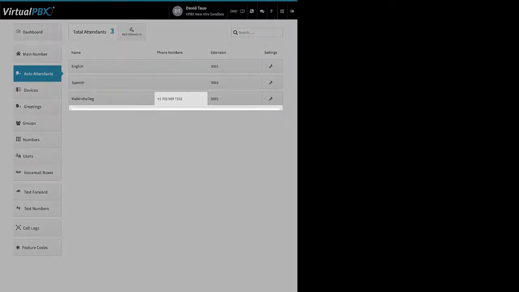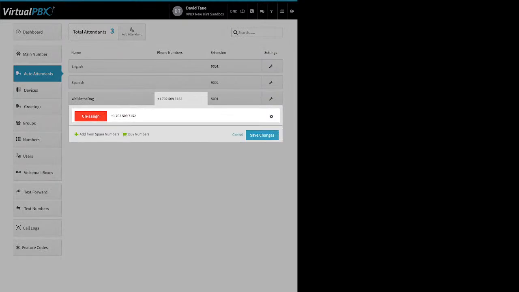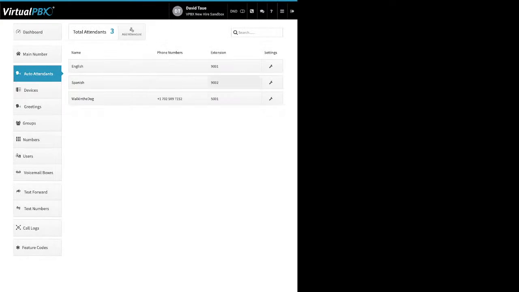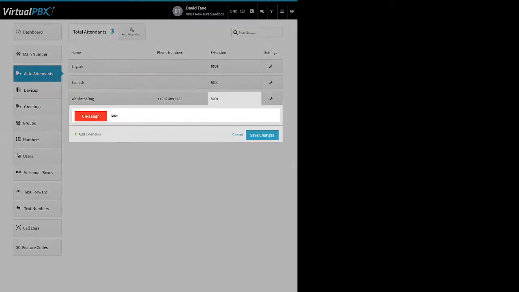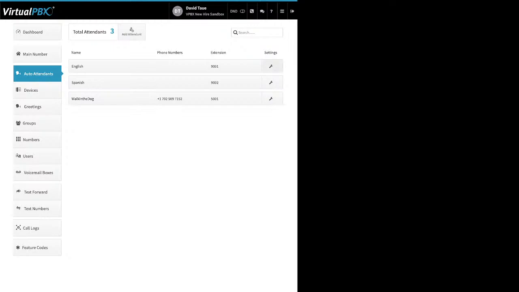Right? Auto attendants can have their own phone numbers. I can either buy numbers or add from spare. Right? I have a little gear icon here, so I can edit the caller ID, E911, or PFEND. Right? Attendants have to have their own extension number to be even created, but then you can add additional extension numbers if you wish to. And then beyond that, you can click on the little wrench icon here,